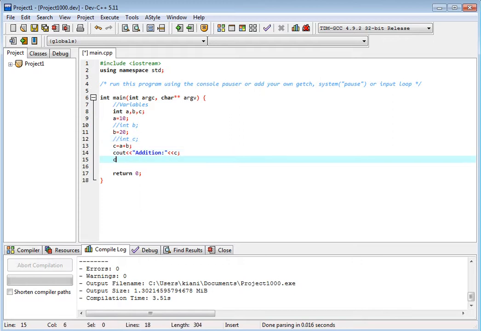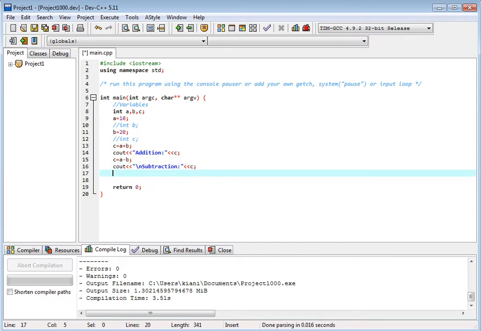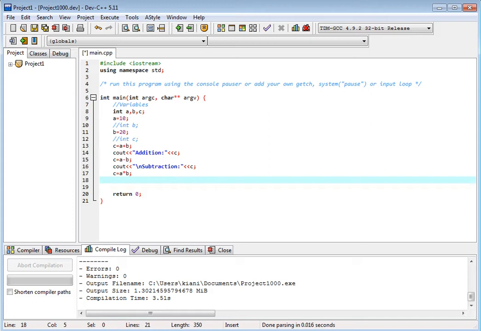Now we add c is equal to a minus b, and we again cout new line \n or endl. This is subtraction, and less than c, and we have c is equal to a multiplied by b. Same c variable is used, right?